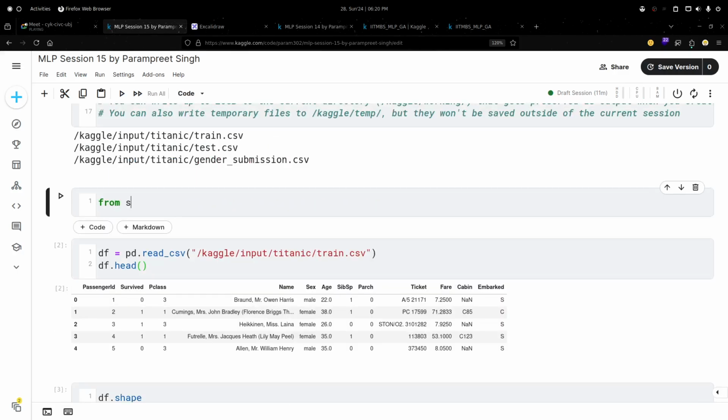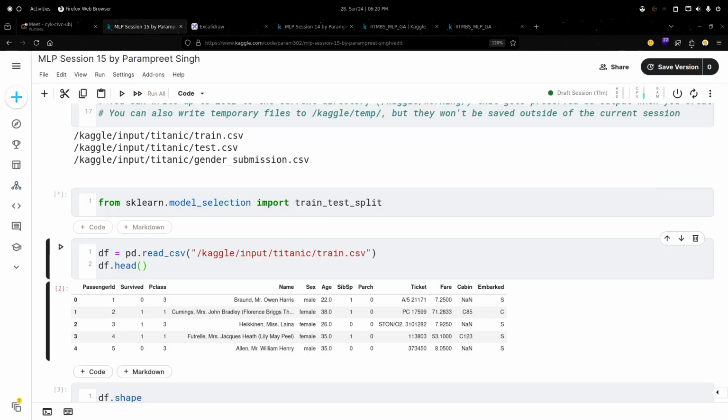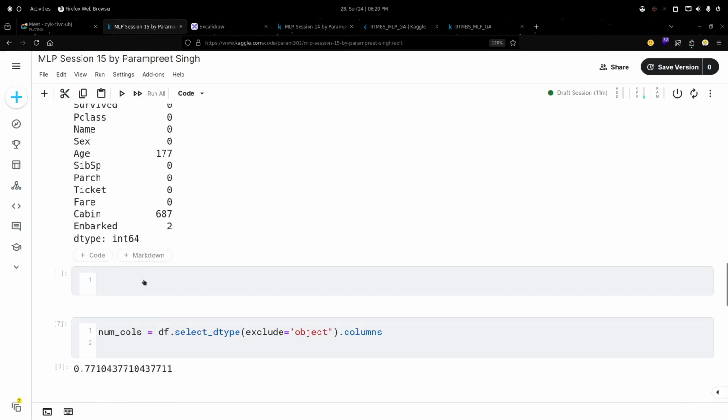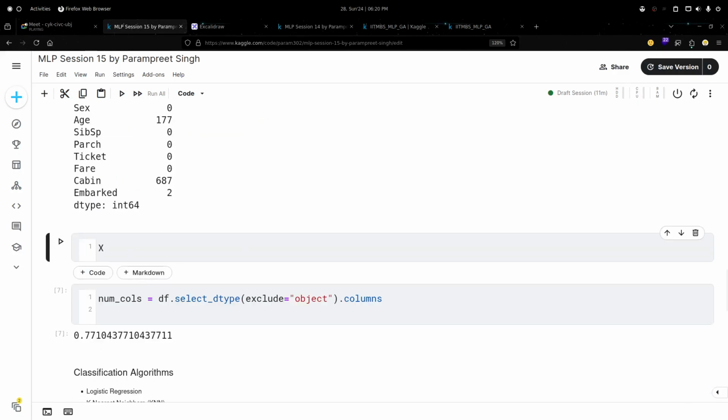Let's import train_test_split from sklearn.model_selection. All right. I'll simply split the dataset into two parts: training and validation. And for that, first I need to define what x and y are. So x is the features, the rest of the columns. So I'll simply write df.drop, column